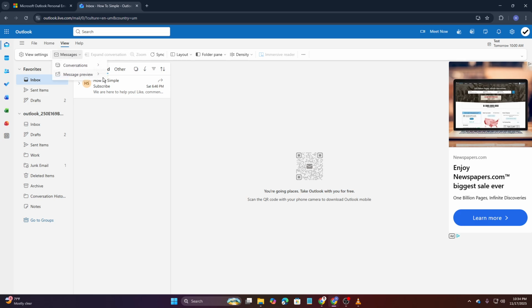This simple feature lets you quickly scan your messages, prioritize what needs your attention, and skip emails that can wait. It's an instant way to save time, reduce clutter, and stay organized. And that's it. By enabling message previews in Outlook, you've taken a big step toward managing your inbox more efficiently